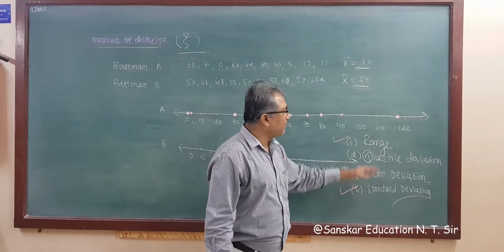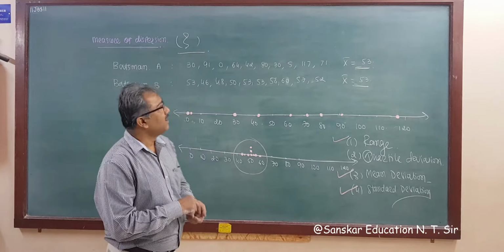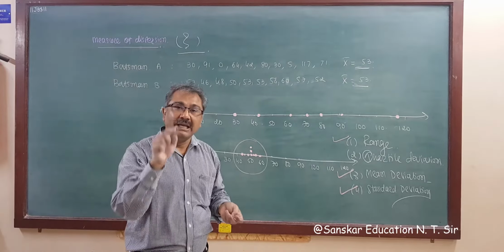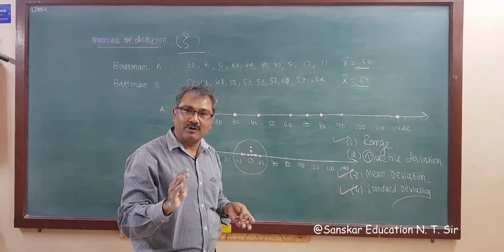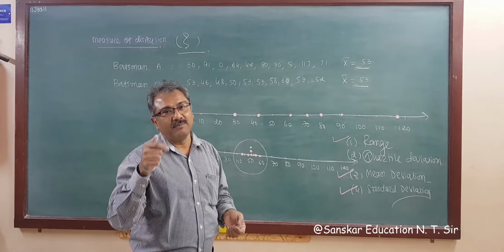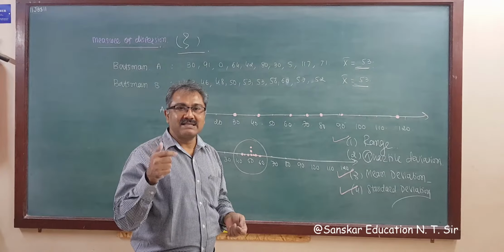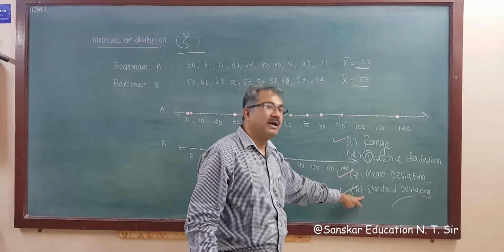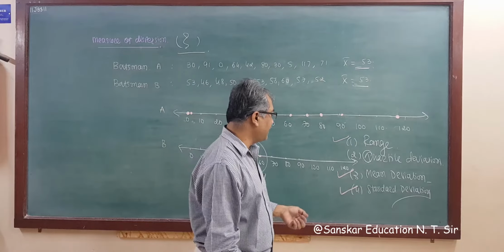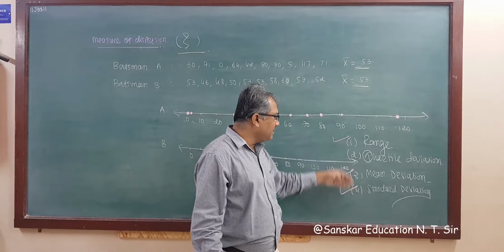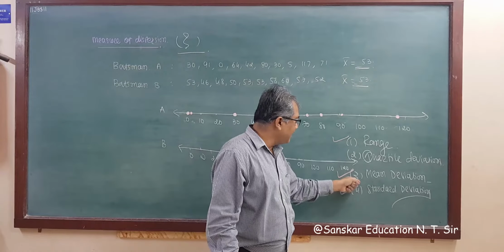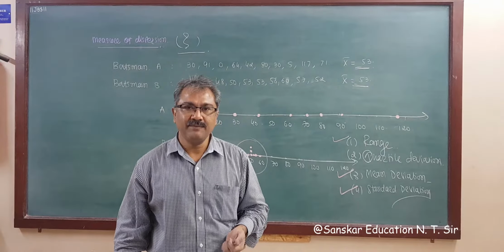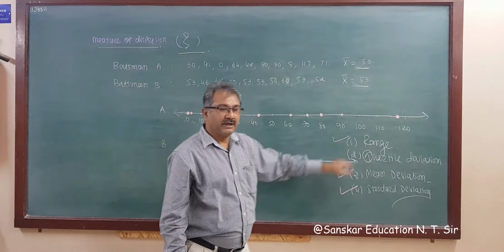So these four are the measures of dispersion, and the measures of central tendency are mean, median and mode. So remember this thing for an MCQ question. Mean, median and mode are measures of central tendency, and measures of dispersion are range, quartile deviation, mean deviation and standard deviation, right? And among these four we are going to learn only three: range, mean deviation and standard deviation. Okay, now we will discuss range, right?